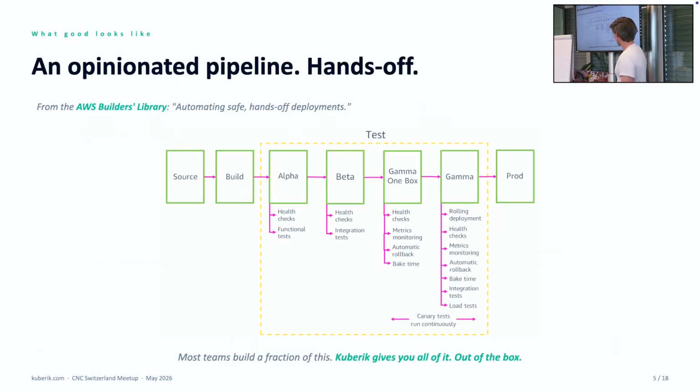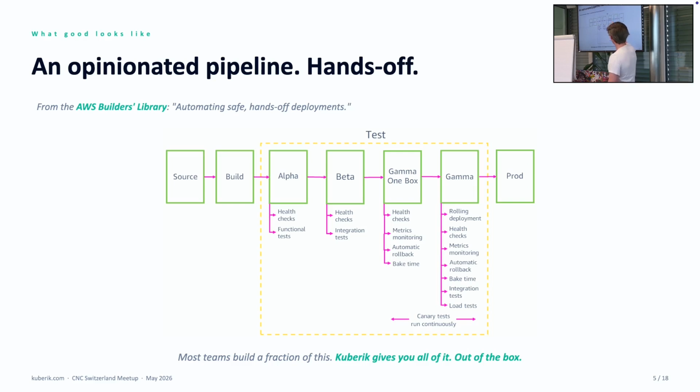The thing is, we know how a good pipeline looks like. This is from AWS and how they deploy their stuff. You can read about it in the AWS Builders' Library. So usually we have what they call Gamma. It's a canary check and